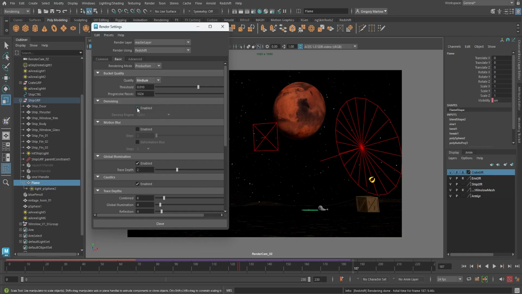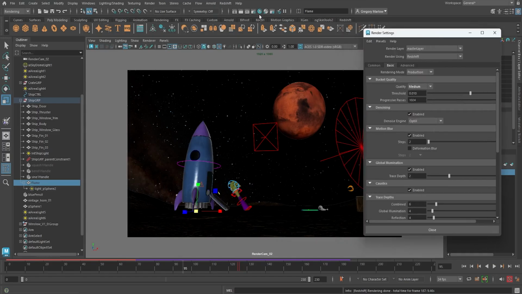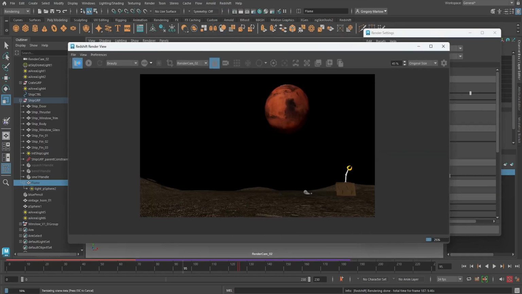We could also turn on denoising if you would like with Redshift, and if there's some speckling in the render, this will help smooth that out. And you can decide to turn on motion blur if you would like. Just to give you an example of what that might look like, here we go. This is a shot where he's running in there. If I did a quick Redshift render of that,